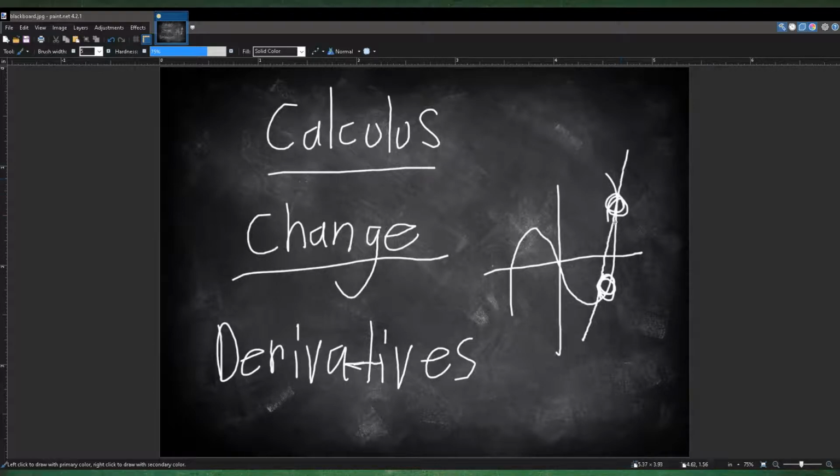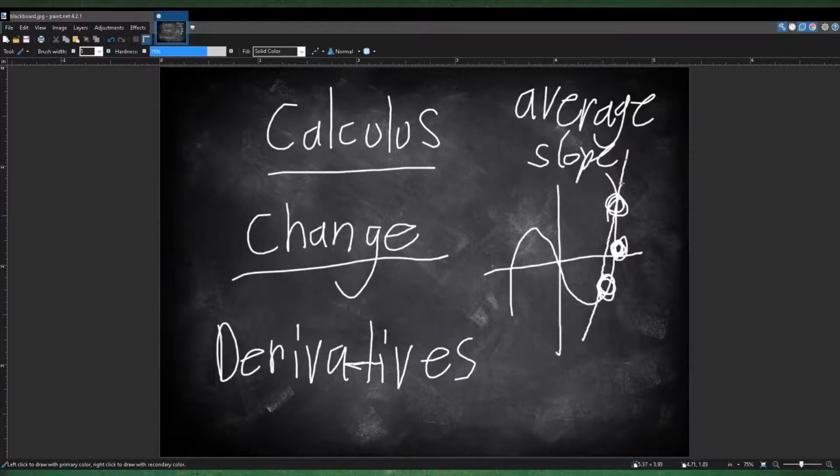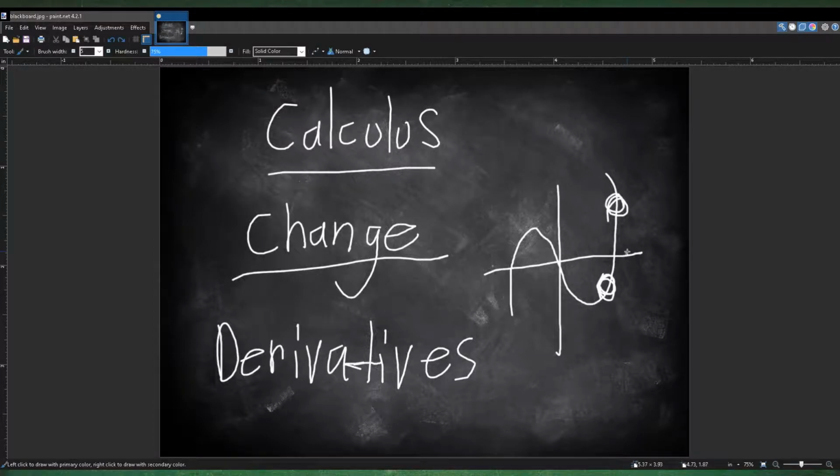So for these graphs, let's say the slope is between these 2 points, but we want to find the slope here. Usually this line would be called the average slope, or average rate of change. But when you really want to find the slope precisely at one point, so when you have a slope at that one point, it's called the instantaneous